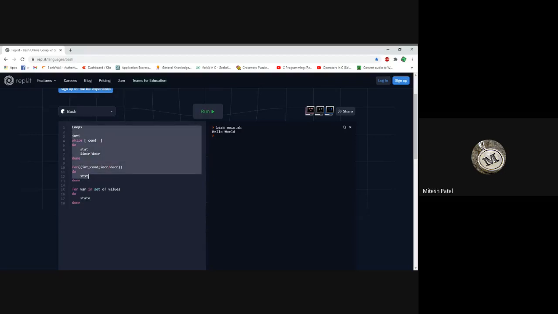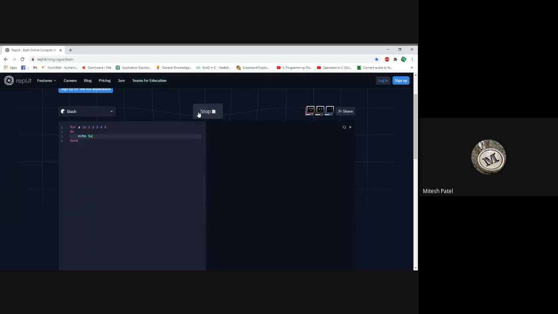Okay, so let me run the third one. For, suppose I am taking a variable a in, here the set of values, let's say 1 space 2 space 3 space 4 space 5. In the statement we are printing that variable, echo dollar a. Okay, and then done. Let's run it. It will run as it is.